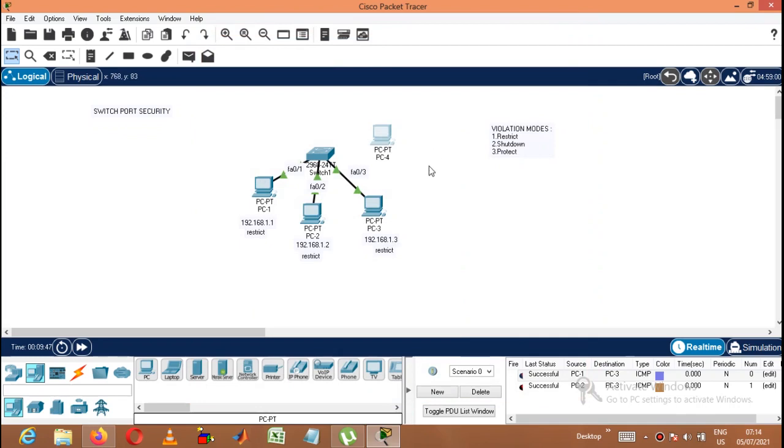Now he takes one of these ports and connects. If he connects to this port, it should not work. That is the main target of switch port security. For that, we'll go into the switch.